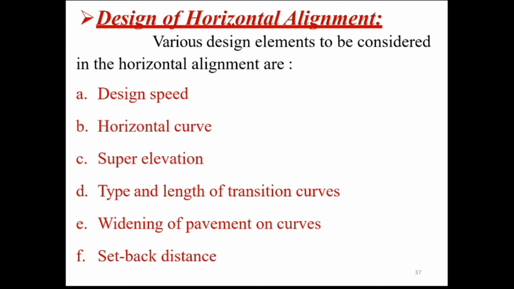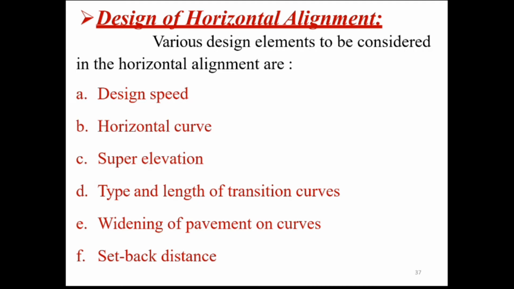As we know, horizontal alignment is an important aspect of pavement design, as a proper highway horizontal alignment may result in high performance of the pavement with regard to its speed, safety, efficiency and comfort. It may also lead to a decrease in the economy and an increase in the highway capacity.